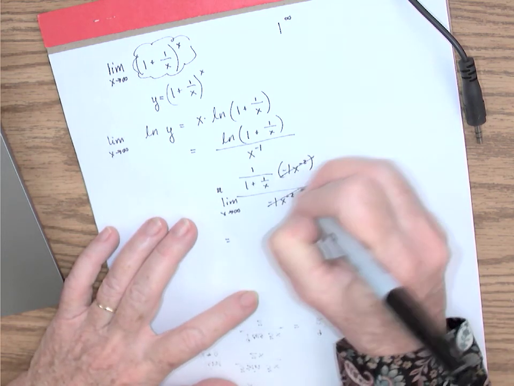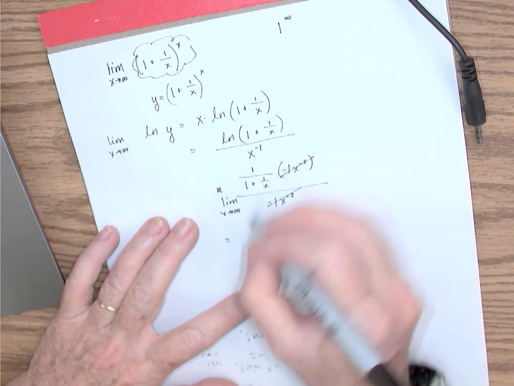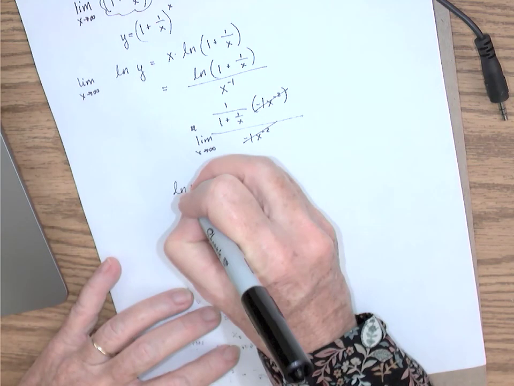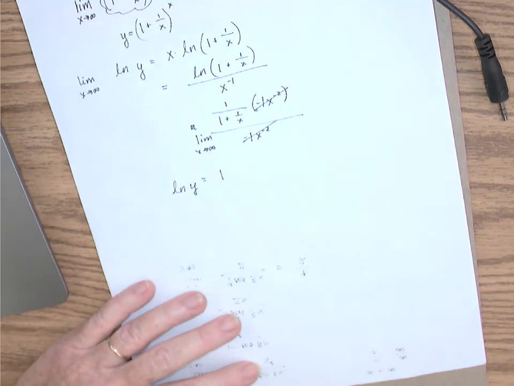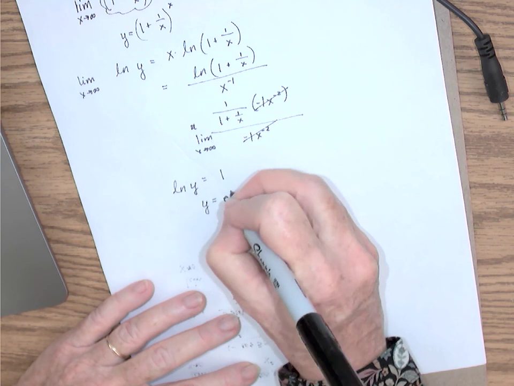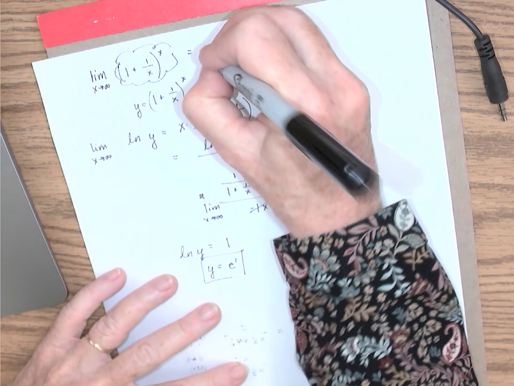Well, these cancel out. So as x approaches infinity, this is just going to give me 1 over 1, which is just 1. However, on the other side, I have the natural log of y, and I'm interested in what's happening to y. So when I rewrite this, y is e to the first, and that's my limit. And that's not a surprise, in fact, because that's the definition